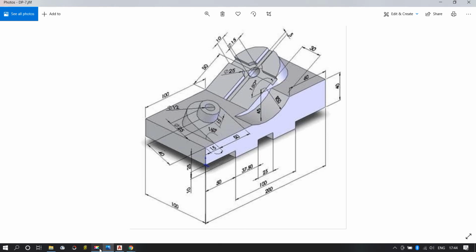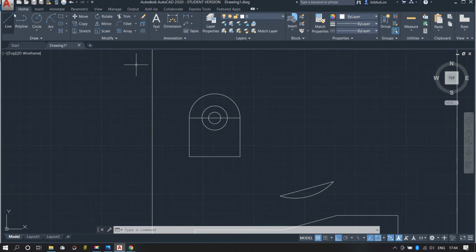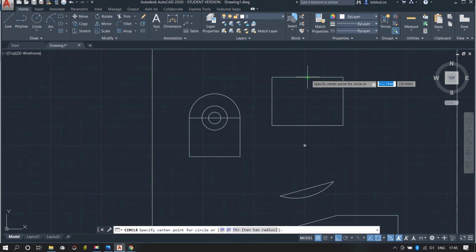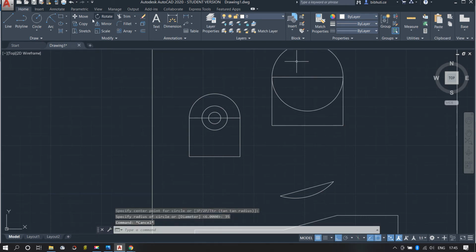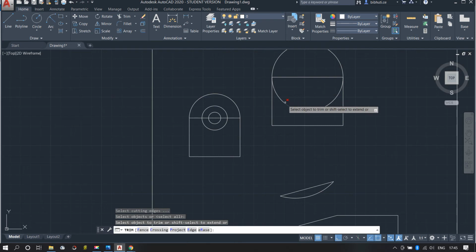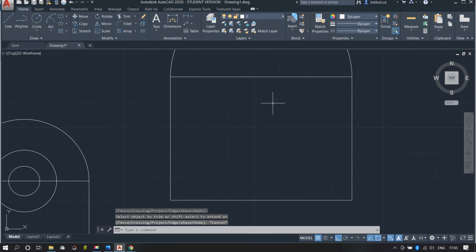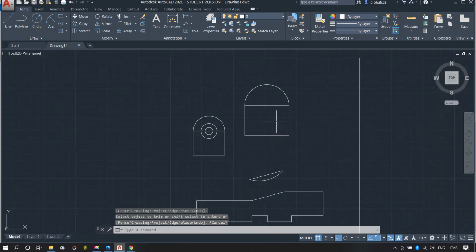Okay. This goes by an amount of 50, then 70, then 50, then again 70. Okay. Another circle will be 35. It has to be trimmed. Okay, then